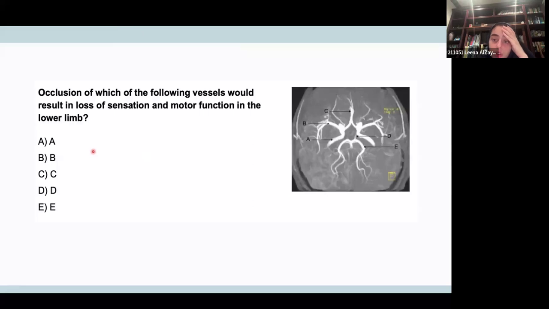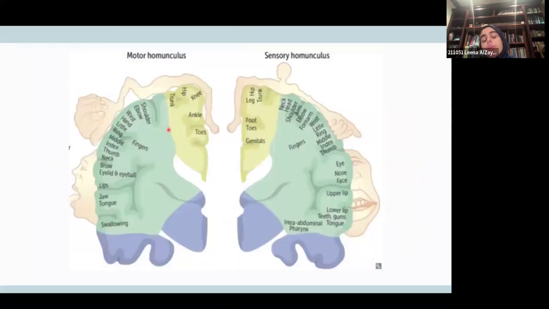Anterior cerebral, yes, you're correct. And which one is the anterior cerebral artery in the picture? It's C. So the anterior cerebral artery is C in the picture. So the answer is C. And the reason why it's the anterior cerebral artery is because in the homunculus, the lower limb is kind of inside here in the brain, between the cerebral hemispheres, and this is supplied by the anterior cerebral artery. This green area is supplied by the middle cerebral artery. So if you have loss of upper limb, you would have middle cerebral artery. If you have lower limb, you would have